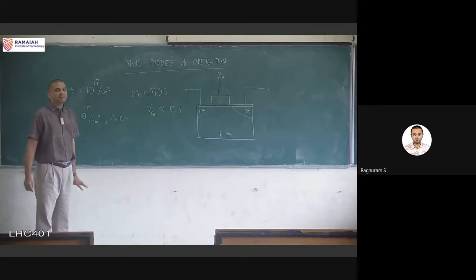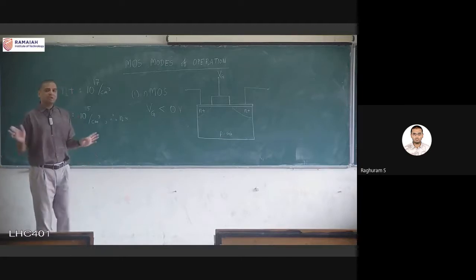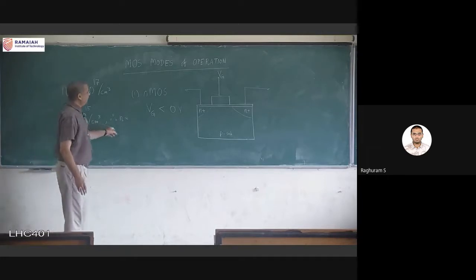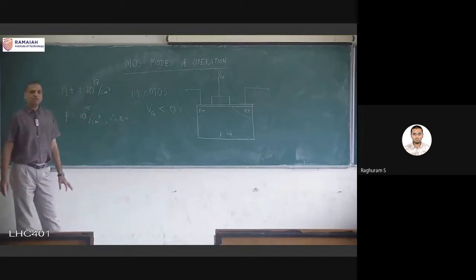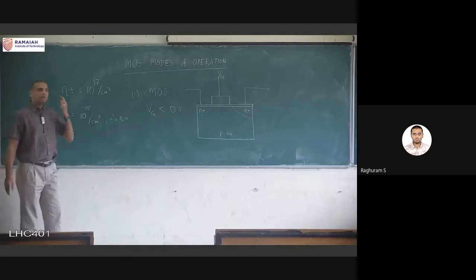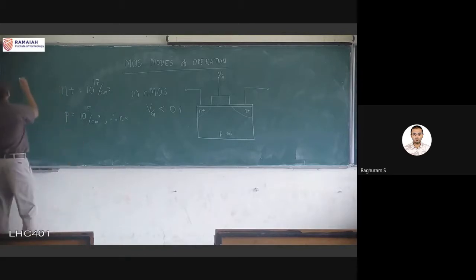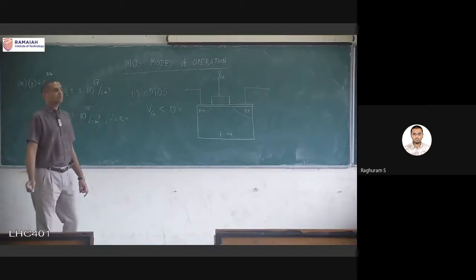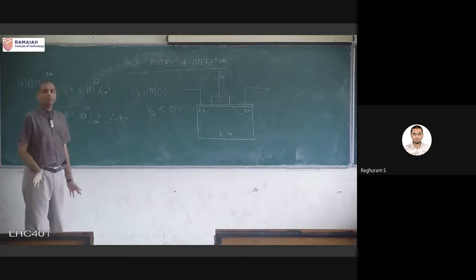Nowhere is anything zero in nature. Absolute zero is not there anywhere in nature. And here also, even though it is a p-type substrate, it doesn't mean that the electron concentration is zero. There is an equation which tells us that it is approximately 10 power 20, not exact. There is an equation, if you remember solid state electronics,